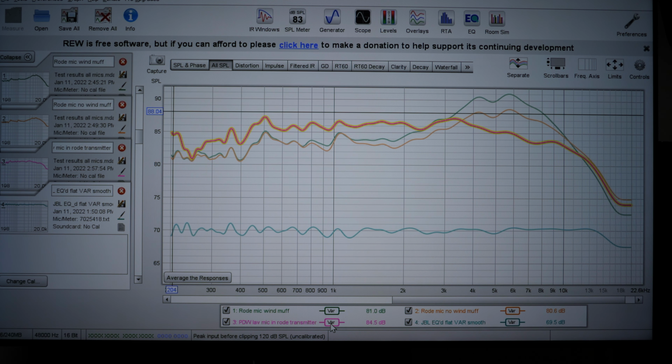But the Rode mic itself, just the body, just the little wireless transmitter, man, that thing's kind of hot there on the top end. You're definitely going to want to do some EQ work on that. So this is what I wanted to know. I didn't know, and nobody else seemed to be doing the test. So